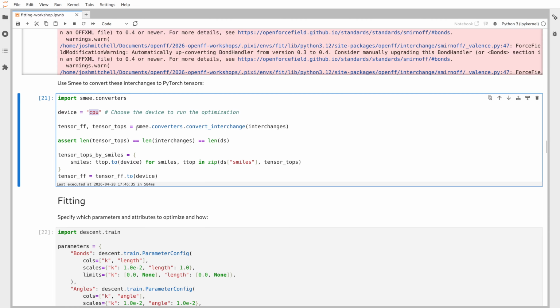And then we call this SME convert interchange function to convert them all into tensor topologies and tensor force fields. A tensor force field is a tensor, one of these magical, buffed up numpy arrays, and a tensor topology maps a parameter that needs a force field value to the actual force field in the tensor. The reason this exists is so that we can just optimize the tensor force field and we still retain our knowledge about which of these parameters is tied to each of the molecules